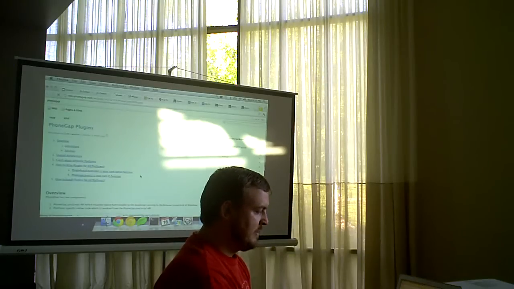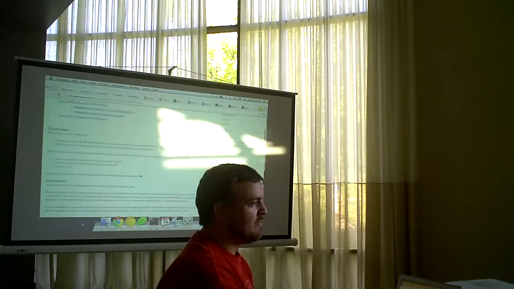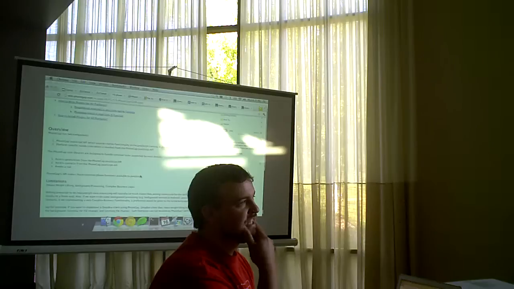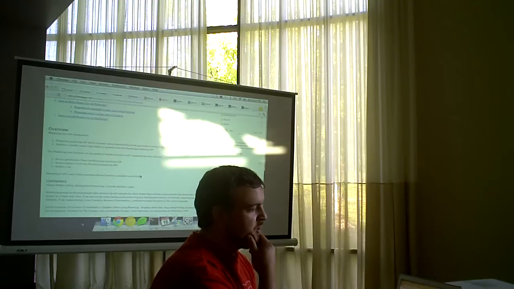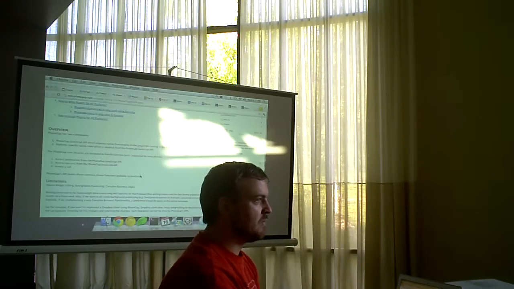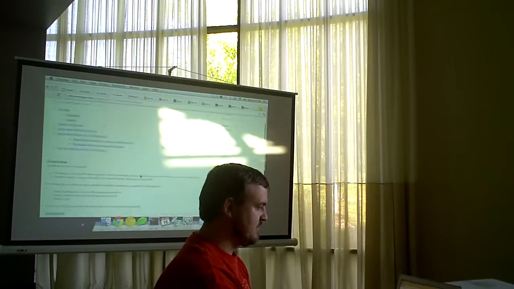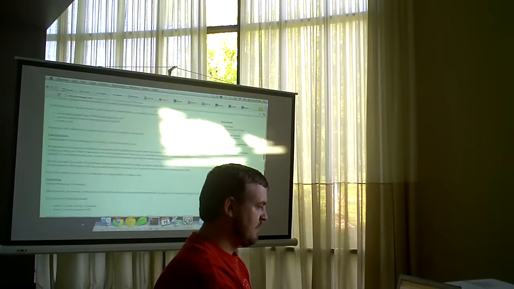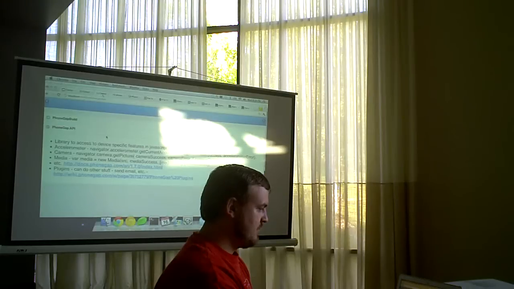So some people build plugins that do even more. Like one of them I ran into is I wanted to send an email out, and I ended up just using a webmail link because it was simpler. But they do have a way to get to the internal mailing system on the phone through PhoneGap JavaScript stuff that someone wrote a plugin for. So if you ever get in a bind